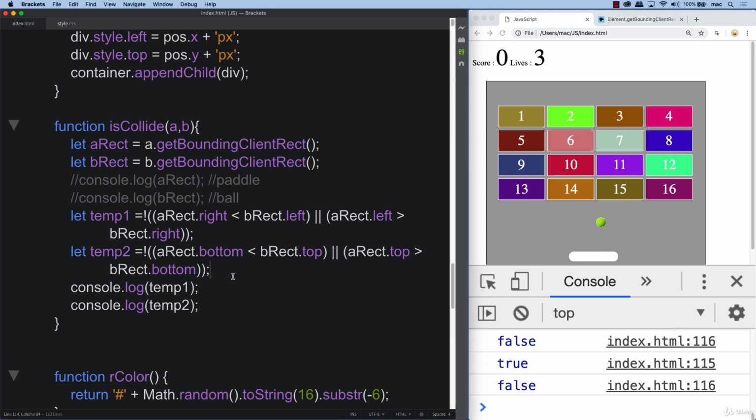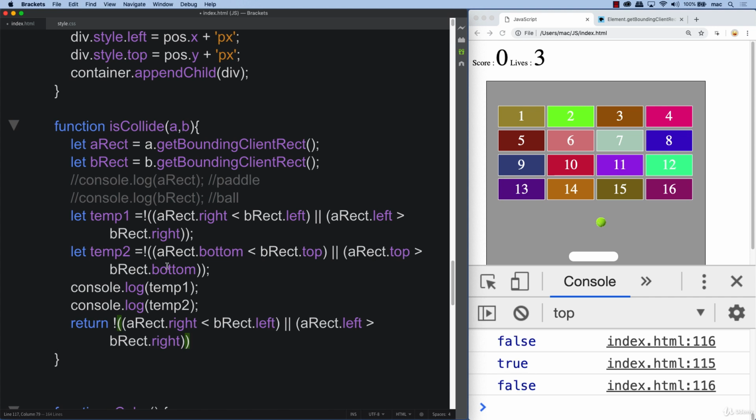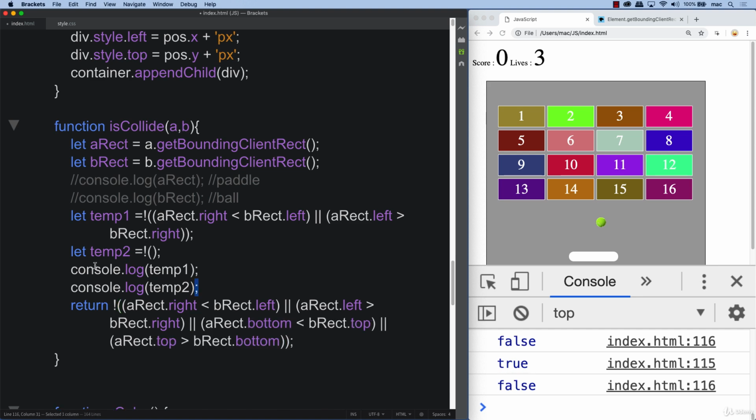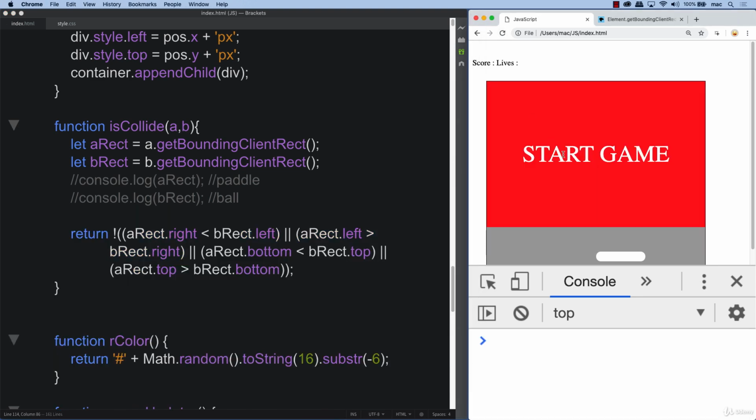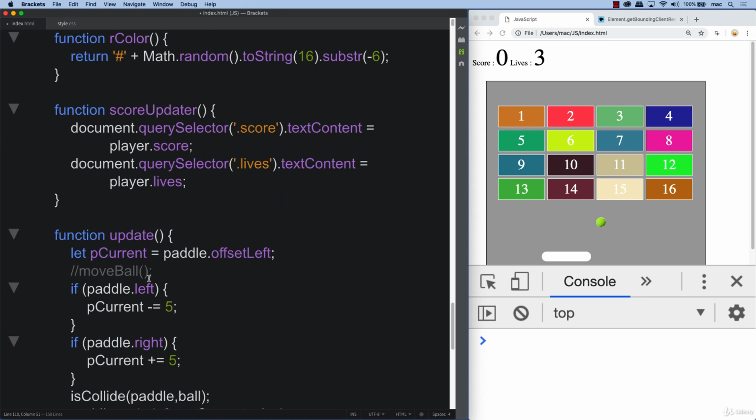So what we want to do is just return back the results of this. Instead of outputting them, we're going to simply return back the results of those. So if either one of these comes back as true, we're going to have another OR in there, and we're simply returning all of that. So let's refresh, start the game, and we can actually get rid of this and update our